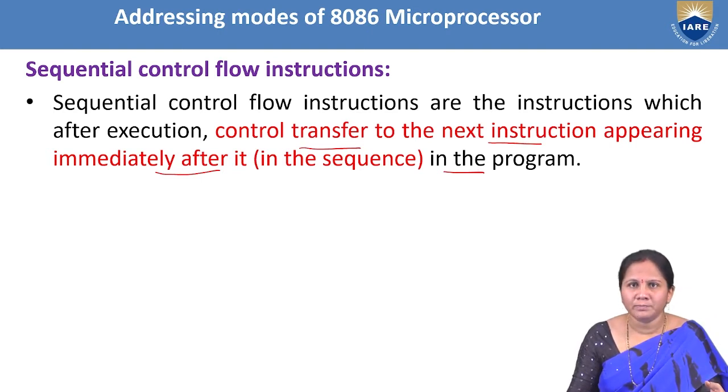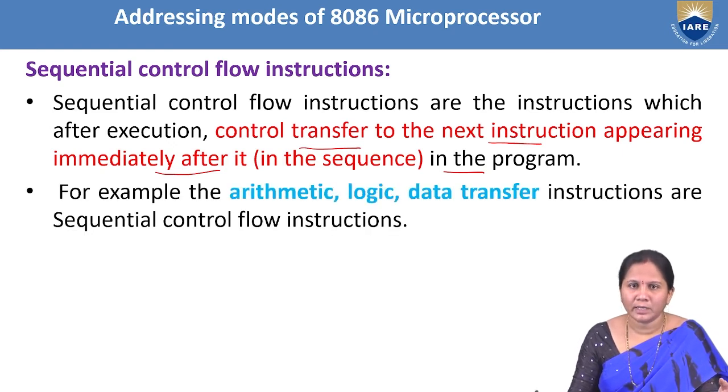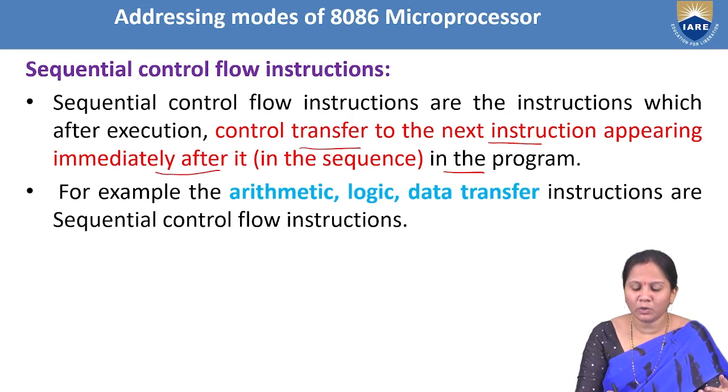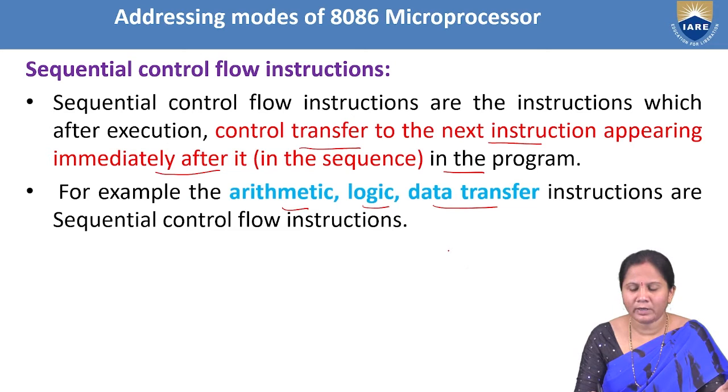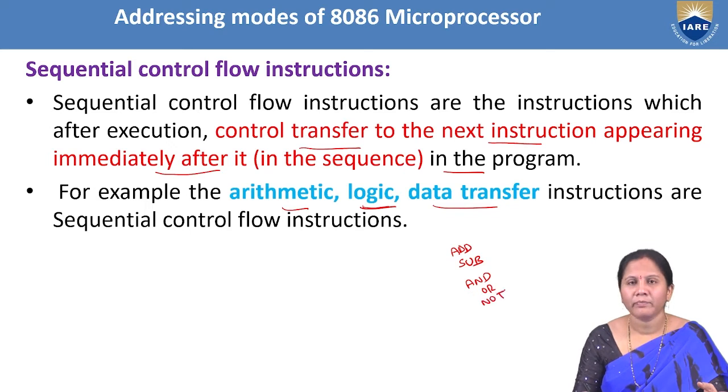Now, in order to execute the instructions in sequential order, while indicating the opcode in the instruction format, it should include only arithmetic, logical or data transfer instructions. So what will the arithmetic instructions include? You can write in the addressing mode, in place of mnemonic, arithmetic instructions like add, subtract, and logical instructions you can use like and, or, not, and also you can use